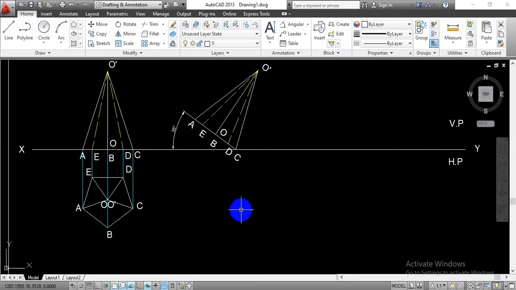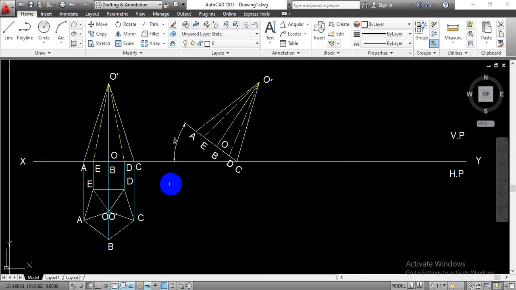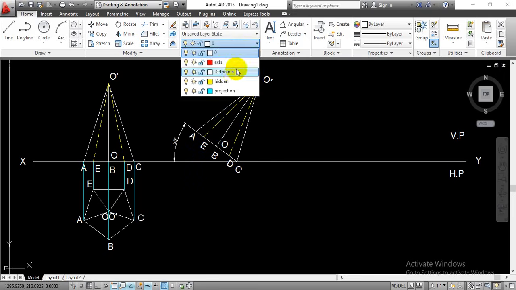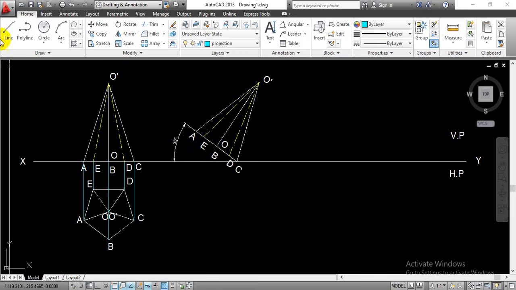Now to complete this top view projection somewhat over here, we have to carry all the projections of this base in a vertical downward direction, and we are going to carry the horizontal projection from the first view in a horizontal manner so that we will have the intersection points over there. Okay, so to have that projection, just change this layer to the projection, go with the line command, select this point A and